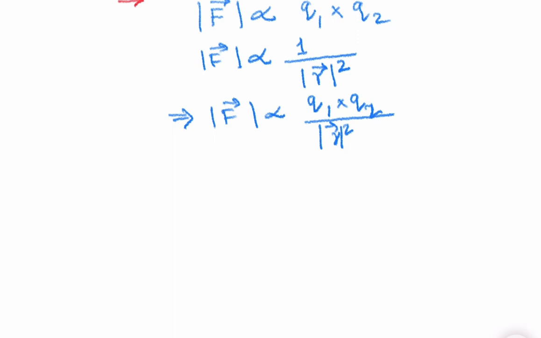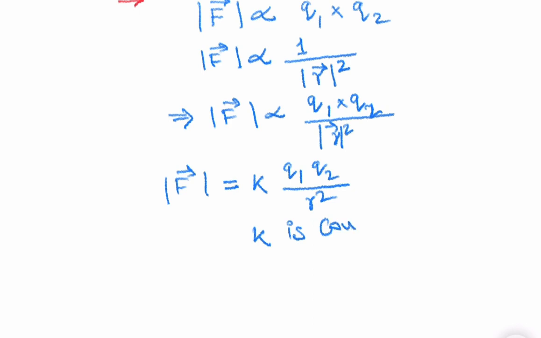Now this force becomes equal to K into Q1 Q2 divided by R square, where K is the Coulomb's constant,